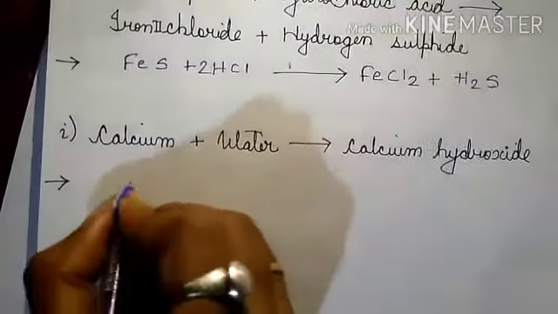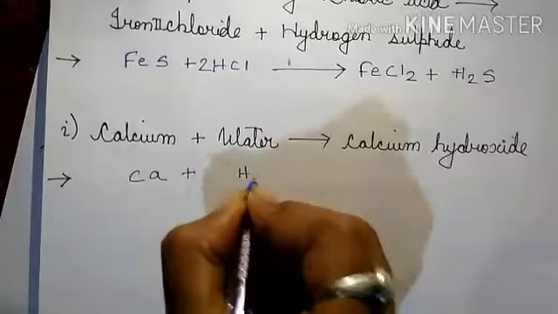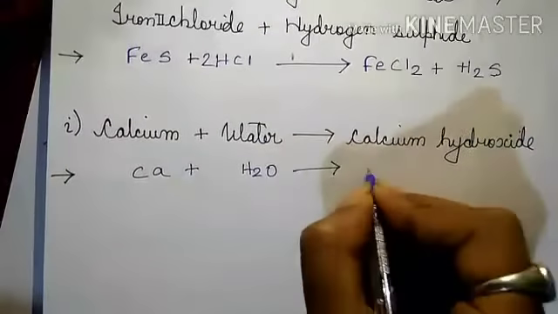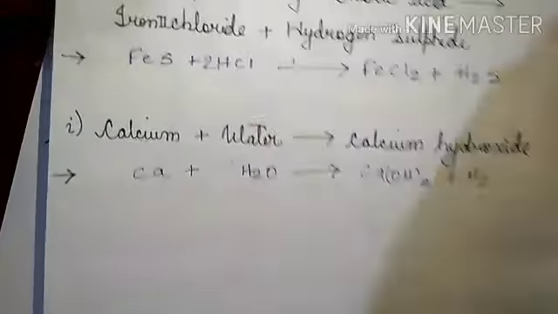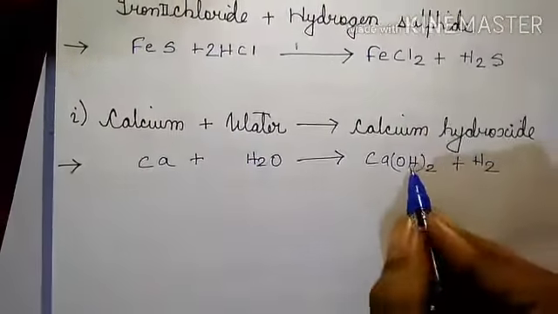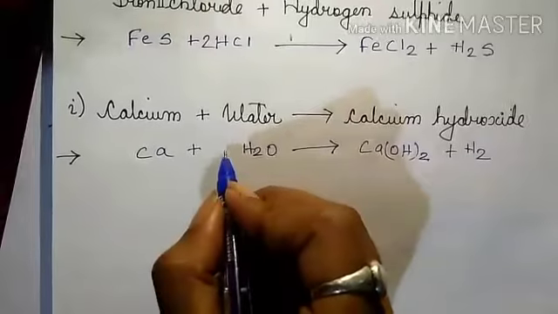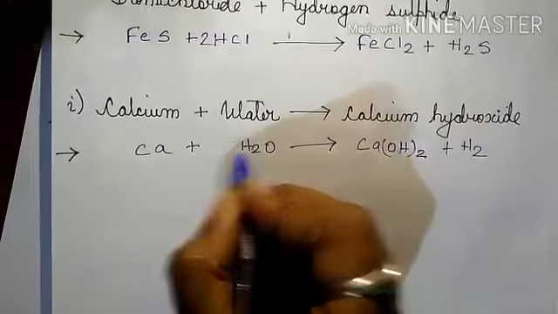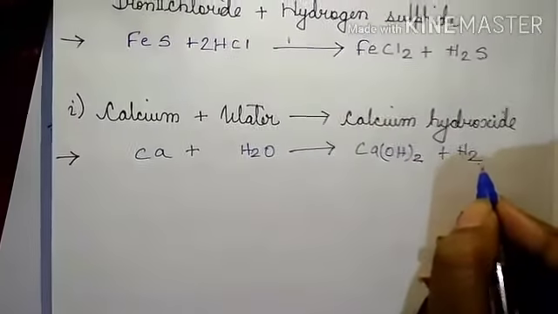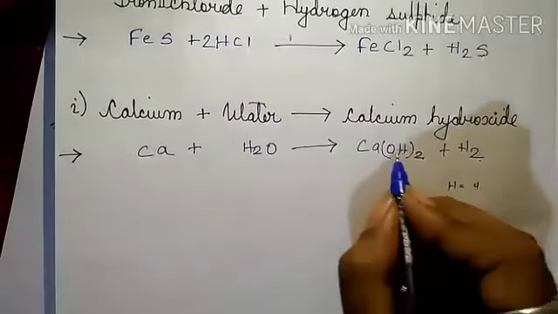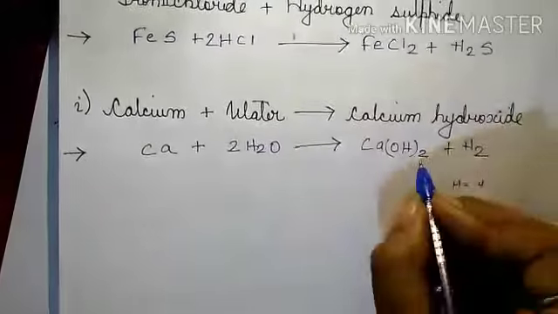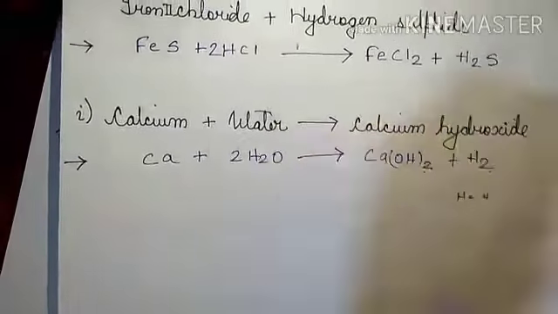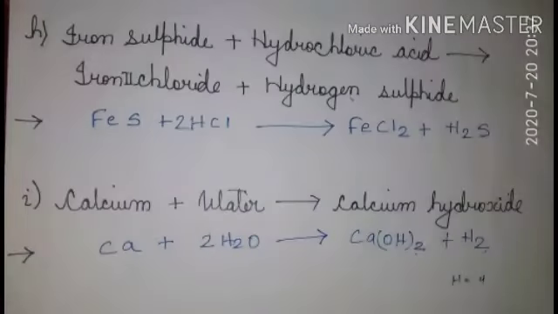Now we'll see calcium plus water gives calcium hydroxide. We write Ca plus H2O gives Ca(OH)2. Now see, there is 1 calcium, and we also get H2. Now see that there are 2 hydrogen atoms, but there are 2 oxygen atoms on the product side and 1 oxygen atom on the reactant side. It makes hydrogen on the product side 4, so we make it 4 on the reactant side as well. We will multiply H2O by 2. Now hydrogen is equal, and oxygen is also balanced. So children, this is our balanced equation.